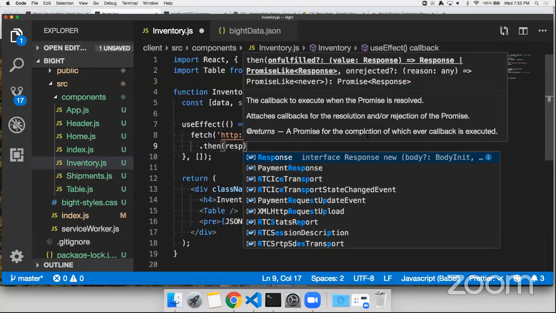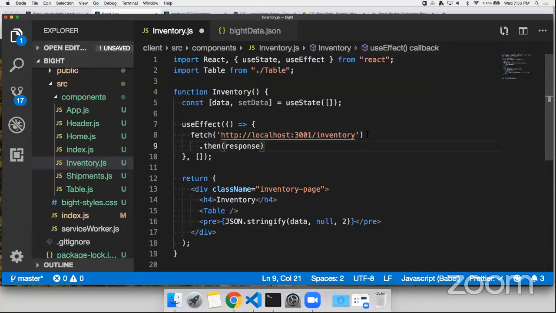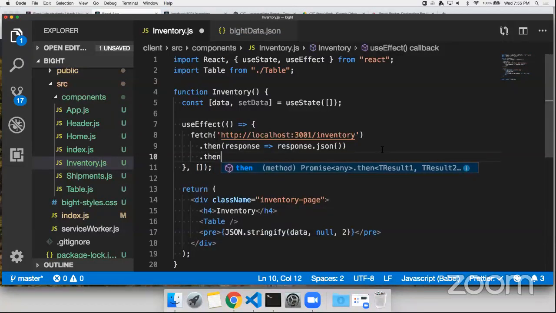We get our response. Now our response is just a raw response object. We have to do something with it. Since we're getting JSON data, we want to call the JSON function on that response. That's going to take the JSON data out of it and give it to us in our next .then function call. Is this feeling familiar from any fetches that you've done before? Okay, cool. So now that we have our JSON,